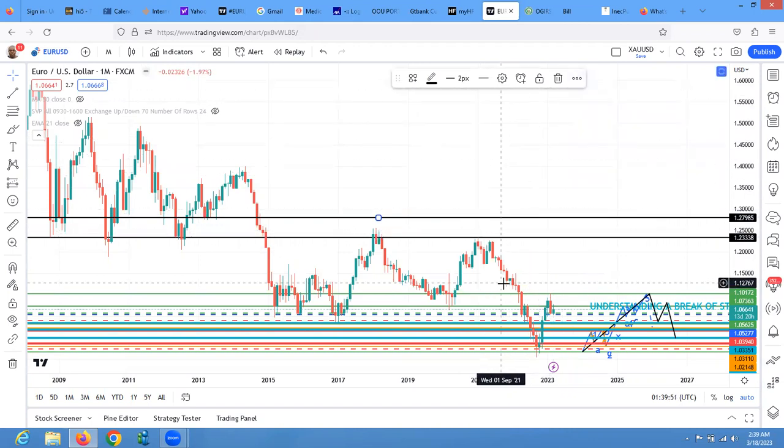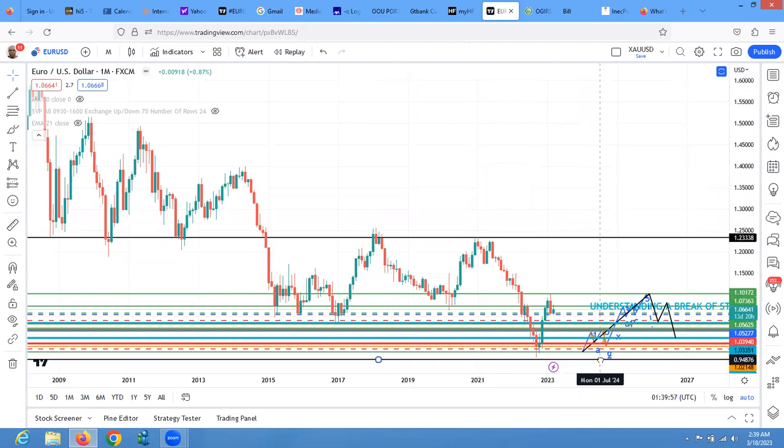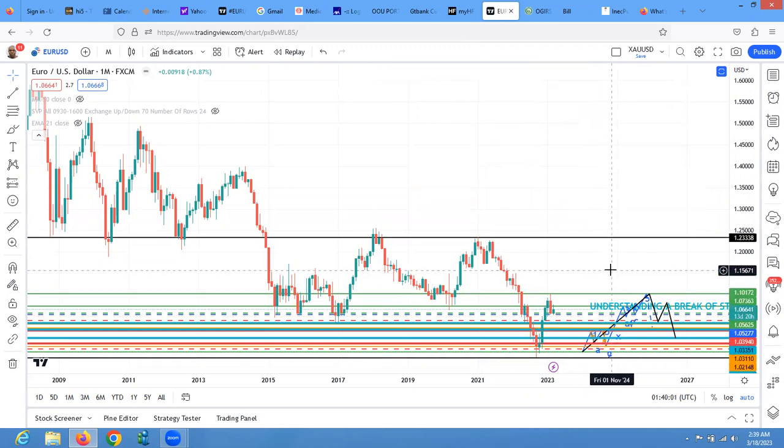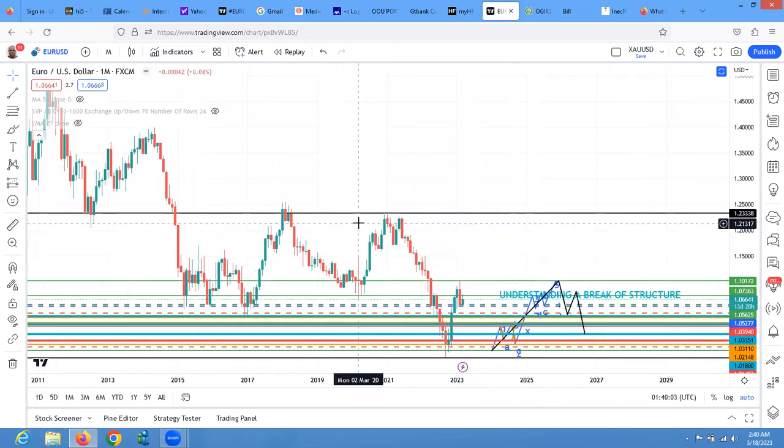It has formed 1, 2, 3, 4, 5 to finish it, and that is the end of it here. That is what we are proposing. That's what I'm saying. So it means this is correcting the entire run, if it's wave 2 of that 5,